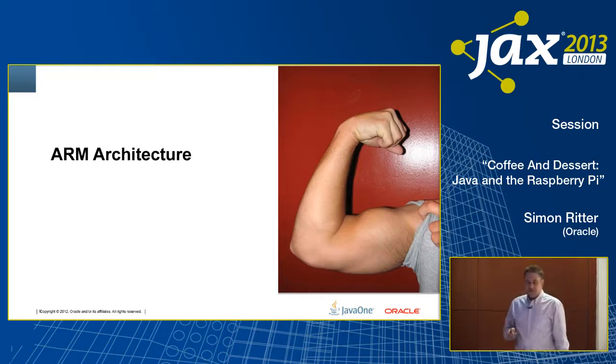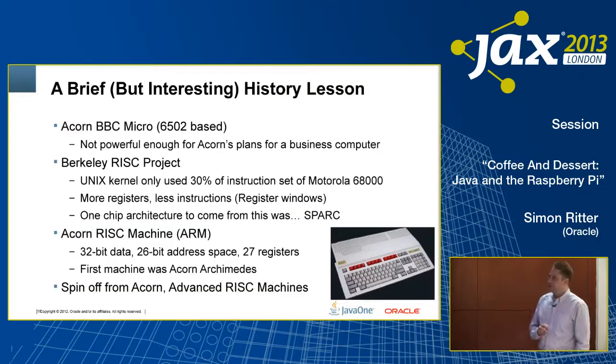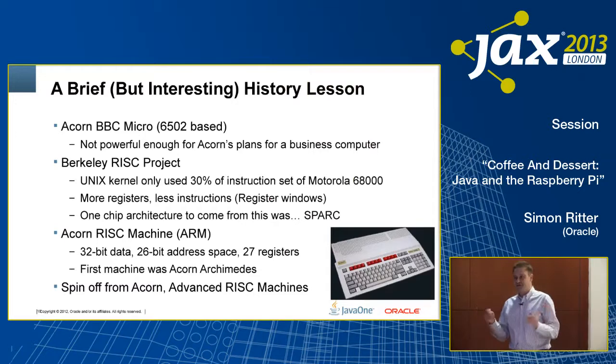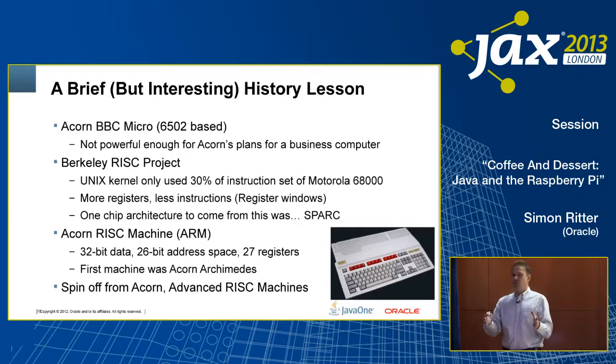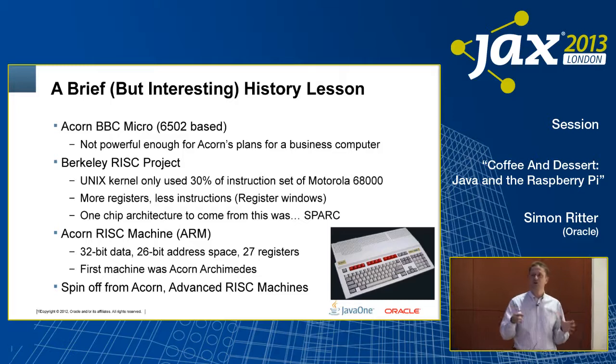So let's talk about the ARM architecture. Here we're going to get into a brief but interesting history lesson. If we go back to when the BBC Micro came out, what you had there was this nice little machine which had a 6502 processor in it. Now this is a lovely processor. It's 8 bits. It has a flat memory model, has a simple instruction set, and is a very easy way